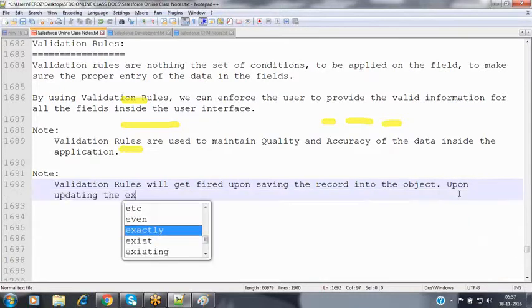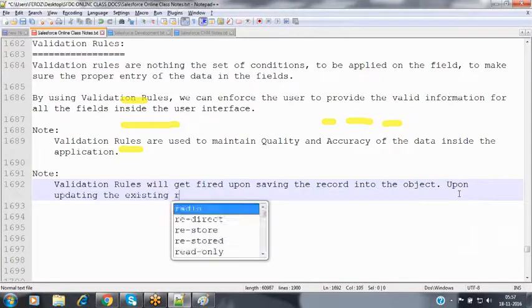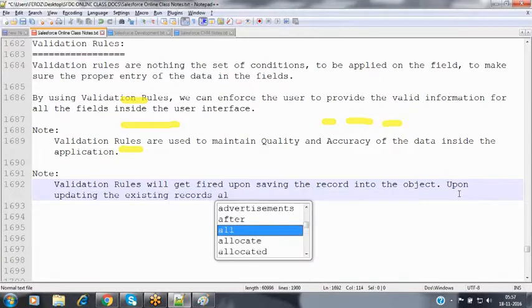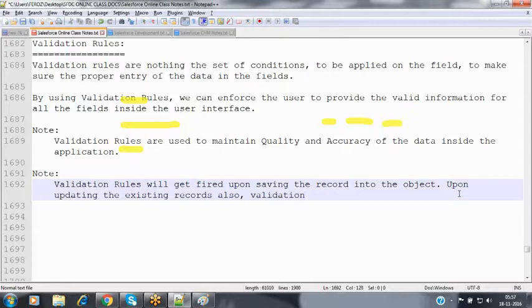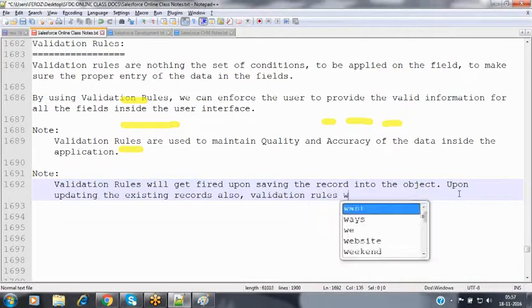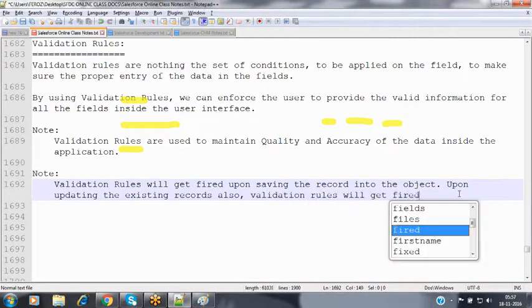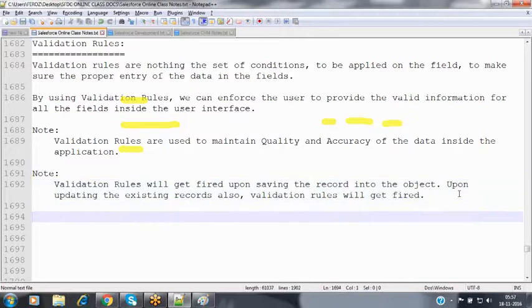Upon updating existing records also, validation rules will get fired. Validation rules fire before inserting the record if it is a new one, or if it is an existing record and you are modifying the values, then before updating the data into that object, they will also be fired. In both cases, the validation rules get fired.